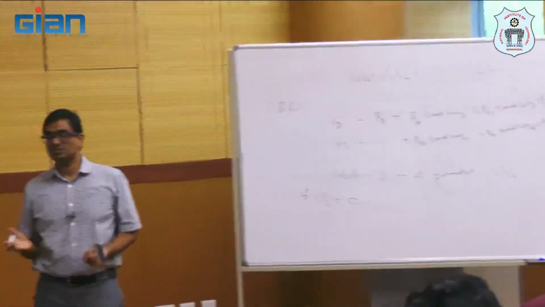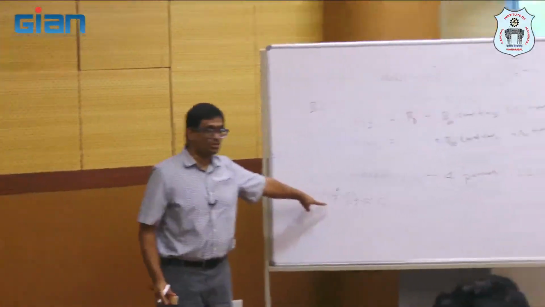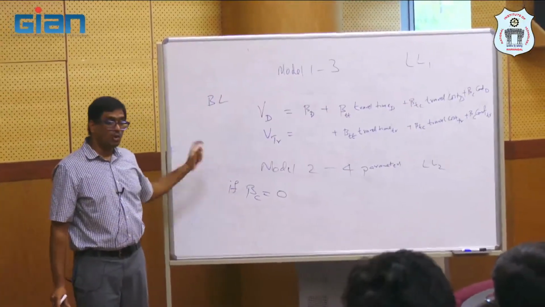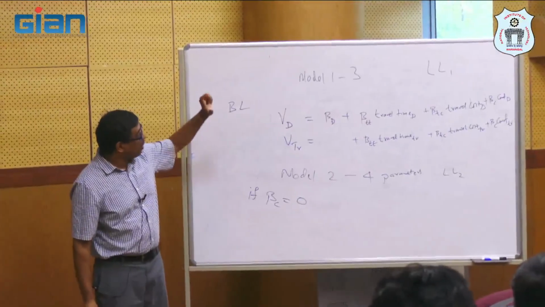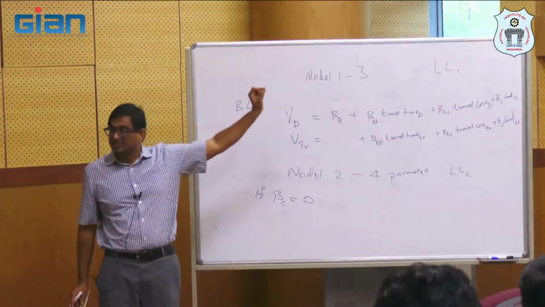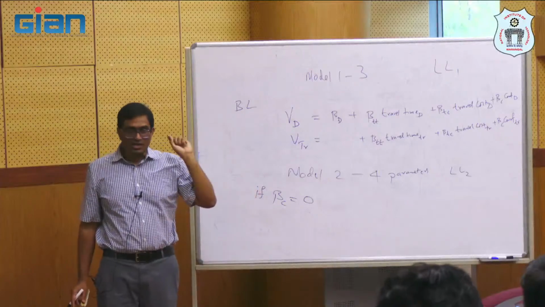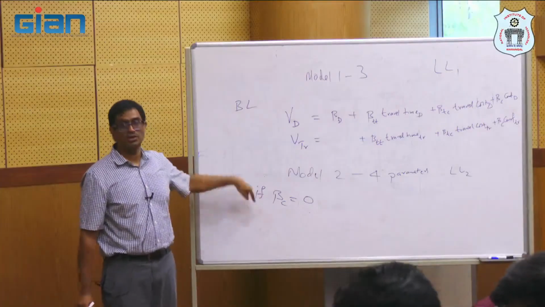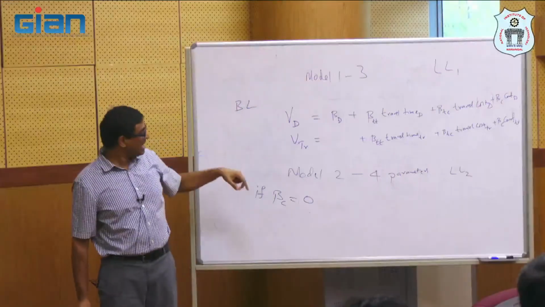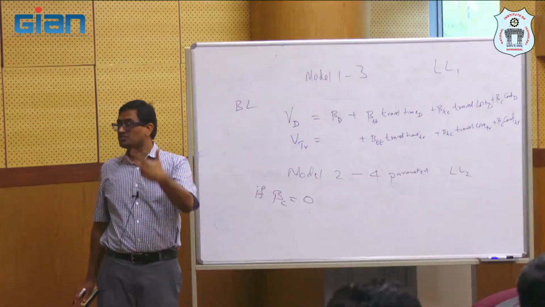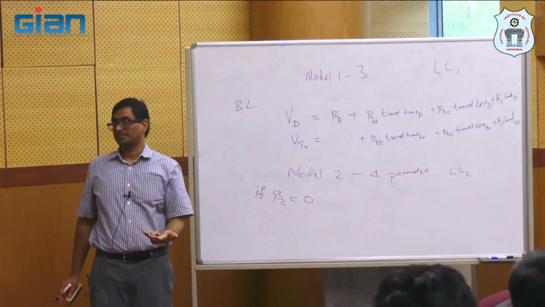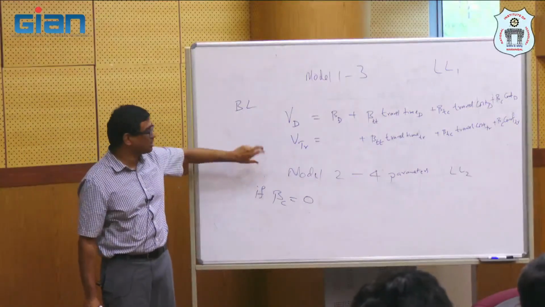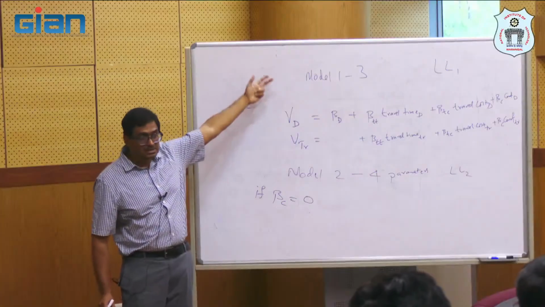If beta c is equal to 0, model 2 collapses to model 1. So what we are showing here is model 1 is a restricted version of model 2. If I put a condition on model 2 that beta c has to be 0, it gives me model 1. So you can say model 2 is the unrestricted version of model 1. Does everybody see that? If I can impose some conditions on a specific model to get to a simpler model,